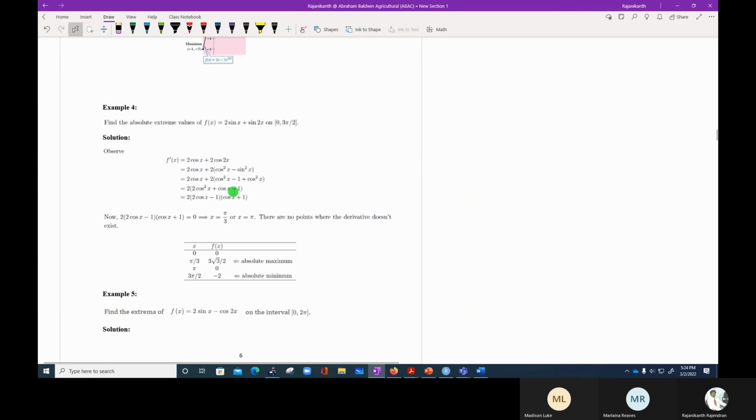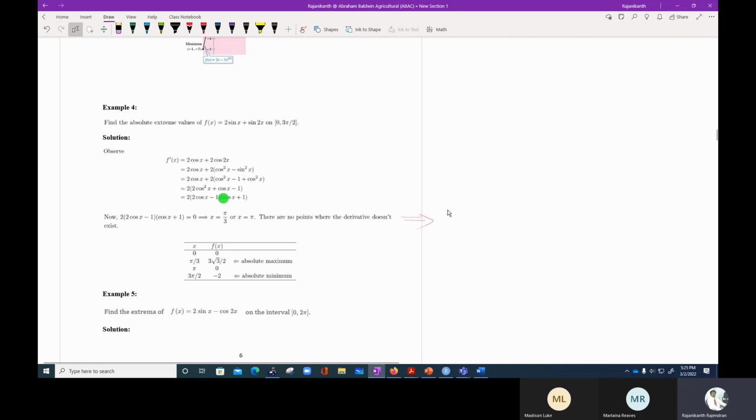Then do some algebra and combine them, and we will get this after factoring. Then you set it to 0 and solve for possible x values on this interval 0 to 3 pi over 2. I believe you learned about solving